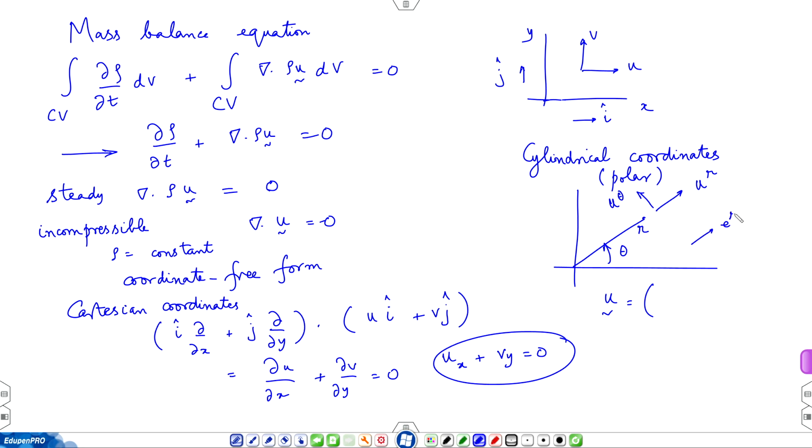So, let us say this is e r and e theta. These are unit vectors in r and theta directions. So, this is e r u r plus e theta u theta, theta I have shown as superscript, and the del operator will be